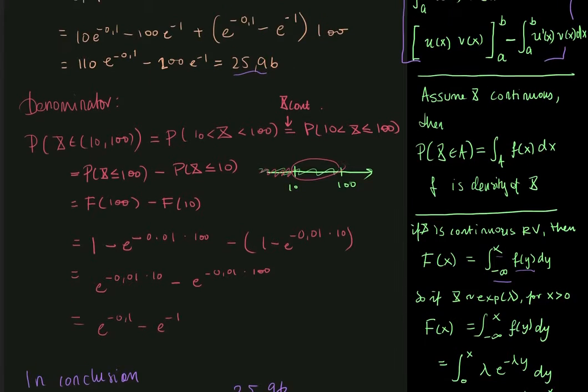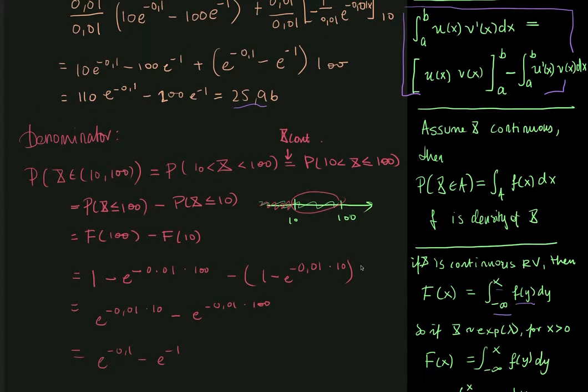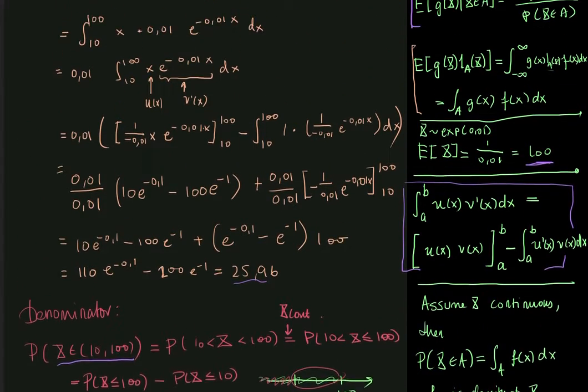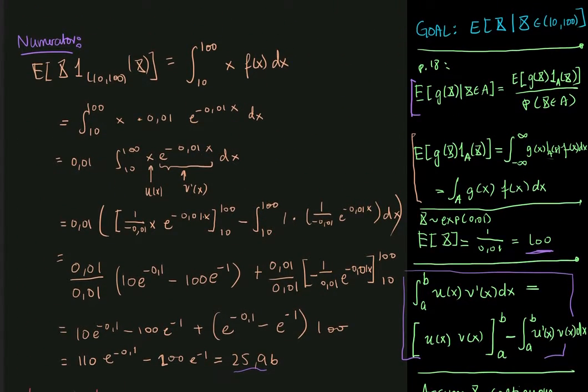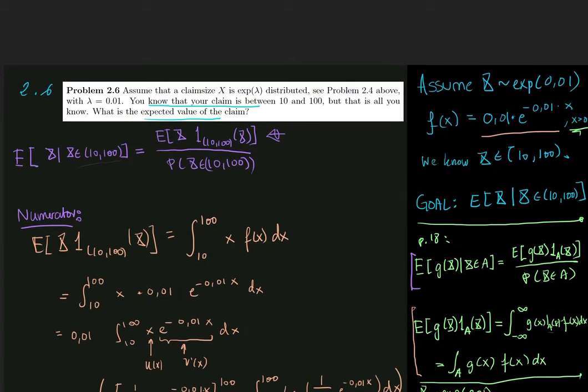Also, one last thing is that if I want to find the probability that x lies inside some interval, then that is the same as taking the distribution function in the greatest interval endpoint minus the distribution function in the lowest interval endpoint. The last thing that we may bring on with us from this exercise is, in general, if I want to find the mean,